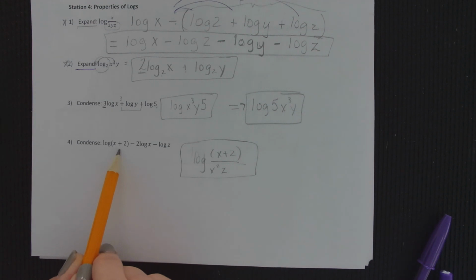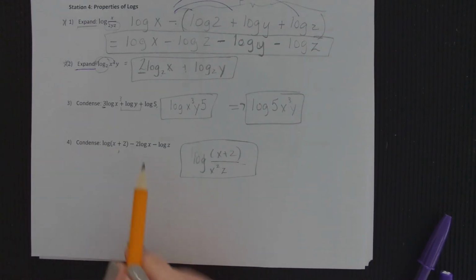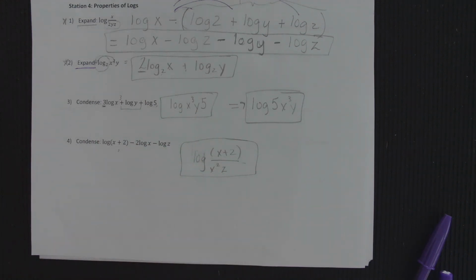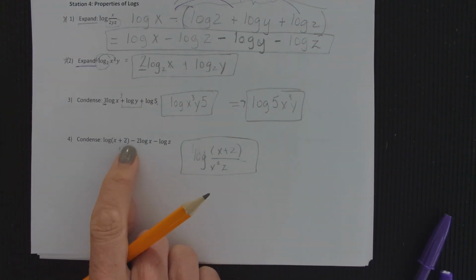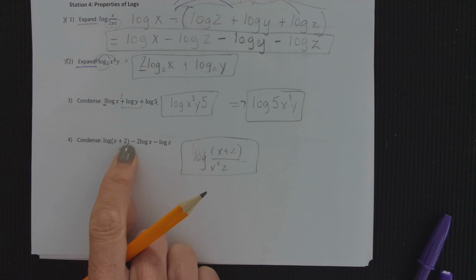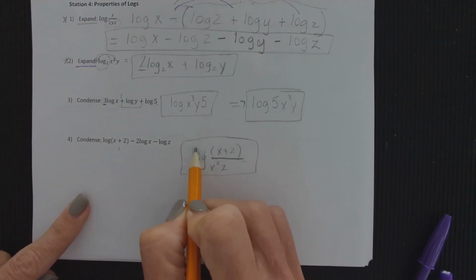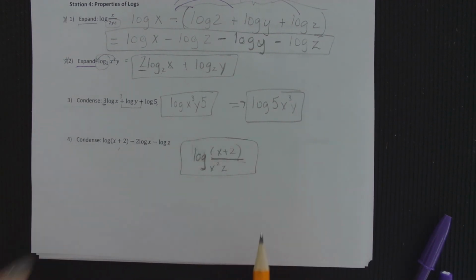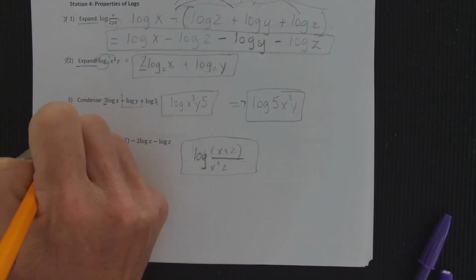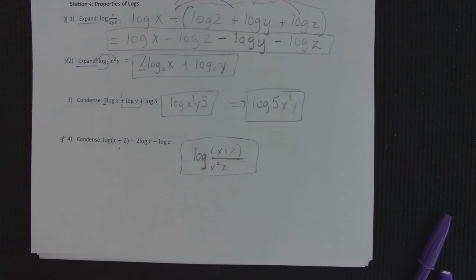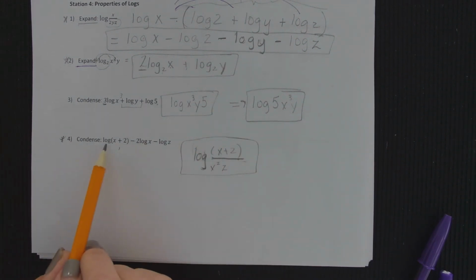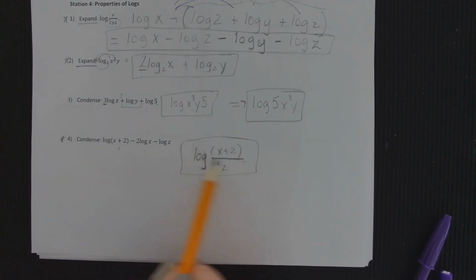This one was not as hard. The x plus 2, you don't do anything with it. What operation are we doing here? Subtracting first. So we're dividing. This is really messy. I would say this is level hard. So you have log x plus 2 divided by,